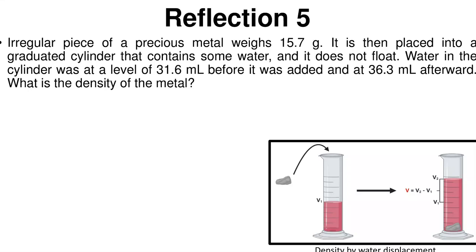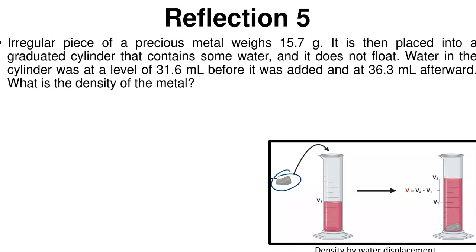So in this question, I'm demonstrating 2 things. We're going to calculate the density of an irregular object. An irregular object does not have a definite volume, because for a definite volume, if something is a rectangle, you say length times width times height, right? If it is oval, you use the oval formula to calculate the volume when you know the radius. But in this case, it is an irregular object. So what are we going to do? How do we first of all determine the volume? The question says